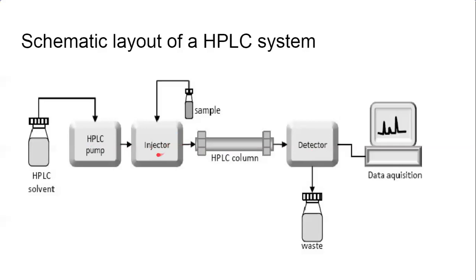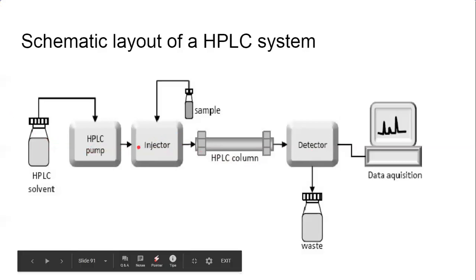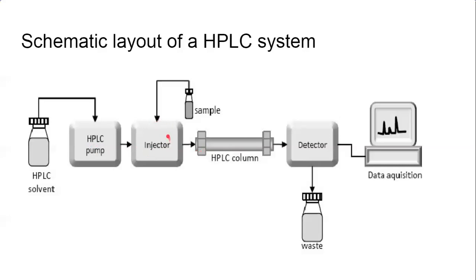And this is the injector chamber. Through this chamber we inject the sample into the HPLC column. What type of samples can be injected? Generally we use liquid samples, and 0.1 milliliters to 100 milliliters of sample can be loaded at once. Depending on our requirement, our instrument may contain only one injector chamber, or it may contain a number of injector chambers.